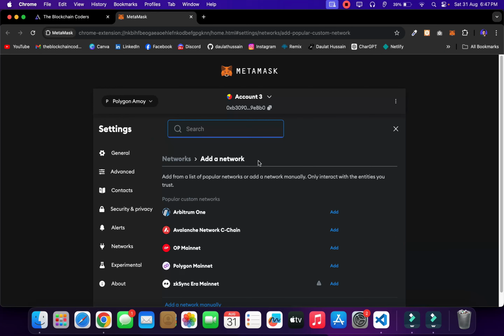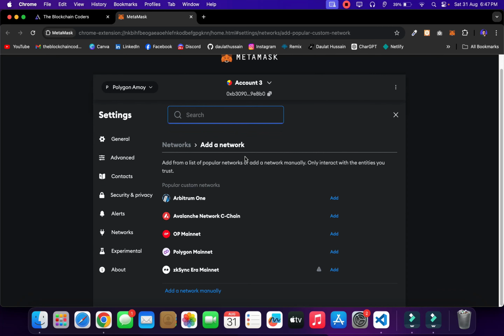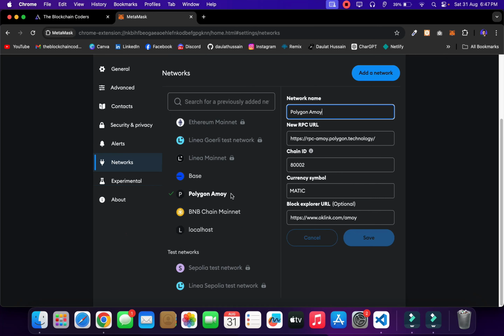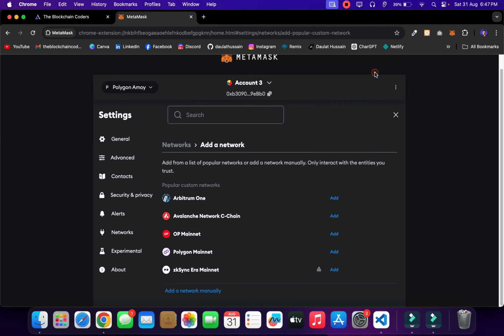You will come back here. Here you will find all the setup of your MetaMask. You can simply come back, go to the networks, and there you will find all the networks which you have configured. There is no network available for that particular one. So what I will do, I'm going to add that network manually. So click on this add network, and here you will come, click on this add network manually, and here you